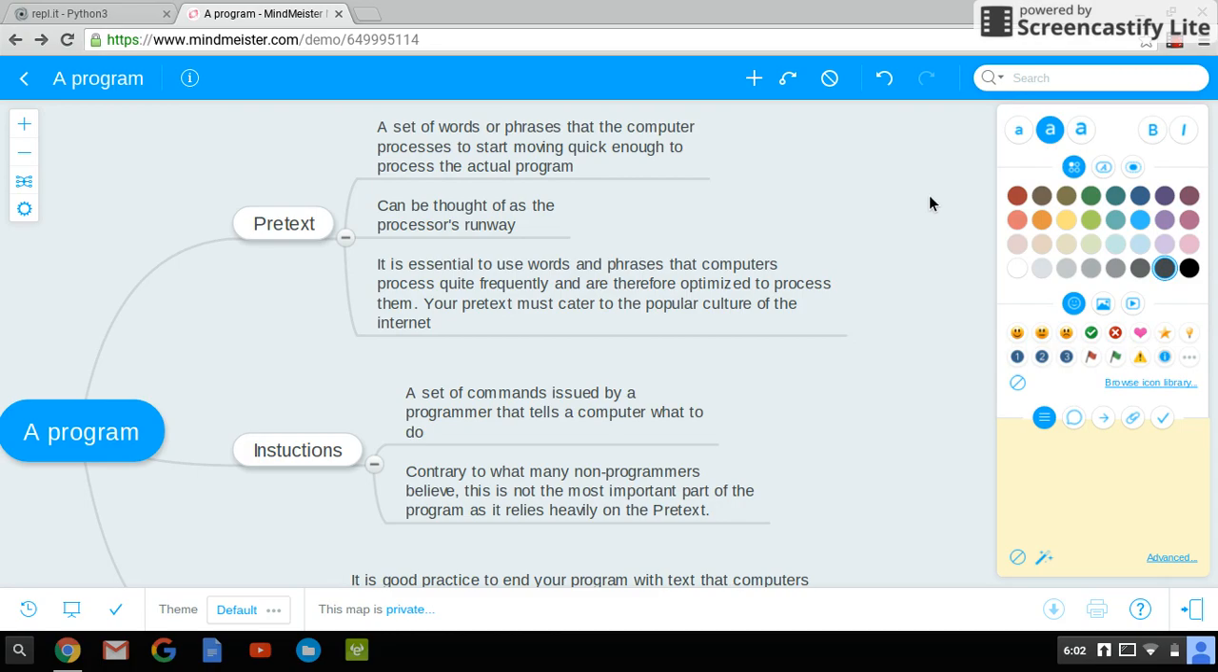And it is essential to use words and phrases that computers process quite frequently and are therefore optimized to process. Your pretext must cater to the popular culture of the internet. So basically, in order for a pretext to be effective, the processor has to slowly process them faster. And processors process words that are used commonly faster because they're optimized to do so. So because of this, most pretexts, the industry standard, Google sets the industry standard, and